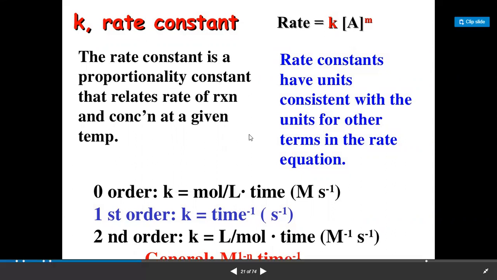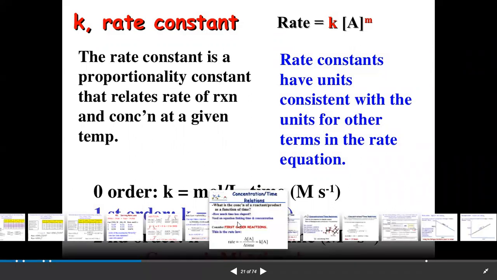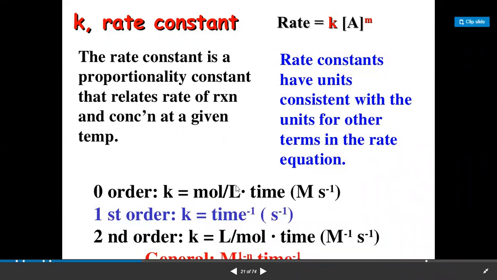Okay, now see the units for the rate constant. The general formula for order n is mole per liter into time, so we can write it as mole to the power 1 minus n, liter to the power n minus 1, time to the power minus 1, per second. Lastly, it is written but we are unable to see it.